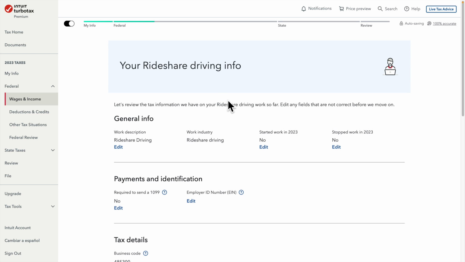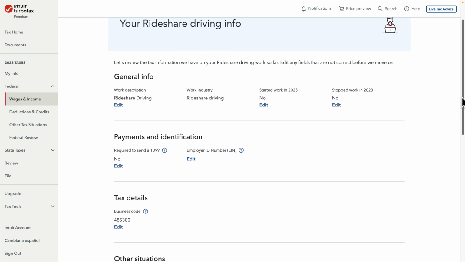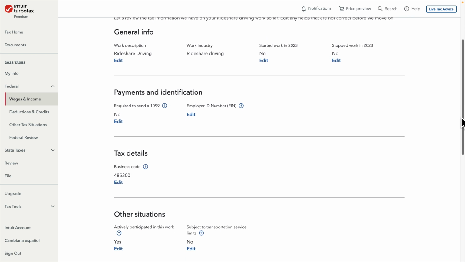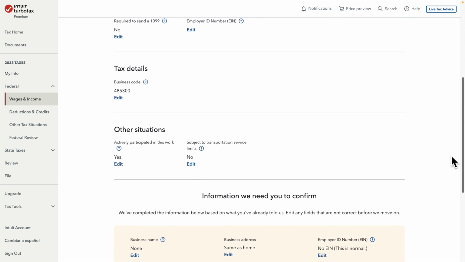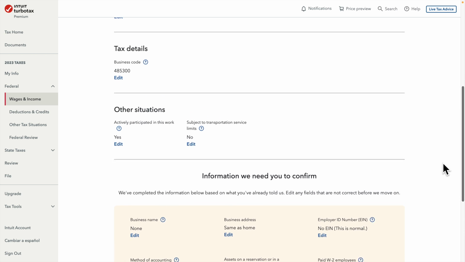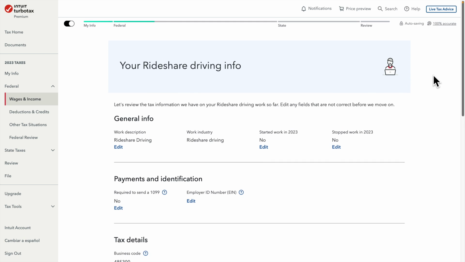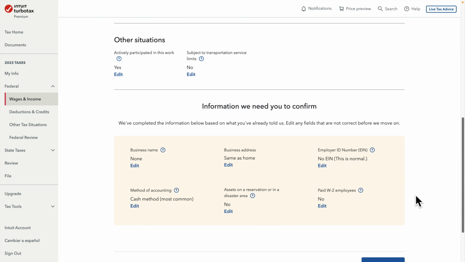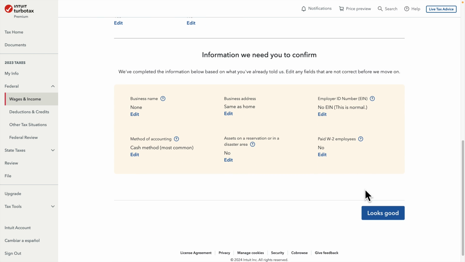And now it is showing your ride share driving information. It is giving some useful description, but you don't need to do anything generally. You can check this, and you can scroll. There is a couple of information here, but we don't need to think about those things because we can skip them and go to the next step. So I am going to press this looks good button, and it will give us the actual form